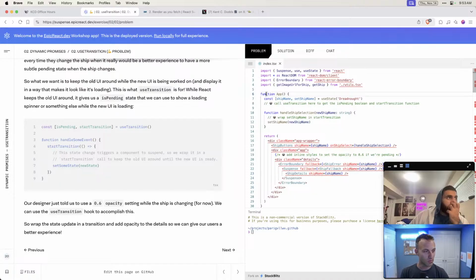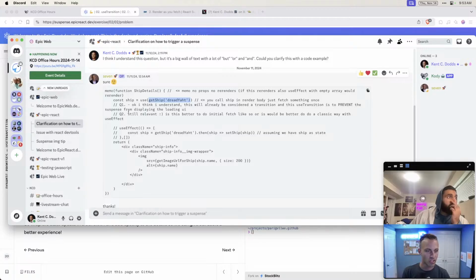But we already know all the information we need to make the fetch call. So let's move the fetch call into the app and then pass the promise instead of just the ship name. And that would be functionally the same, but optimized for performance. But nobody wants to do that. And so that's why we have frameworks, and that's why you use Remix. So there you go. Hopefully that answers your question.